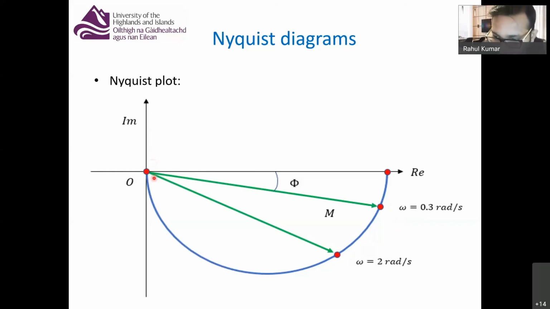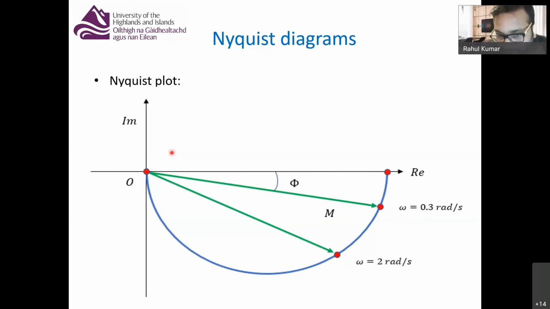Now, along the perimeter of the circle, we have different values of angular frequency, omega, right? So you get all the values along the perimeter, right? And in the upper half of the circle, you will have all the negative values. So along the bottom half of the circle, you are having all the positive frequencies. Above, you will have the negative frequencies.